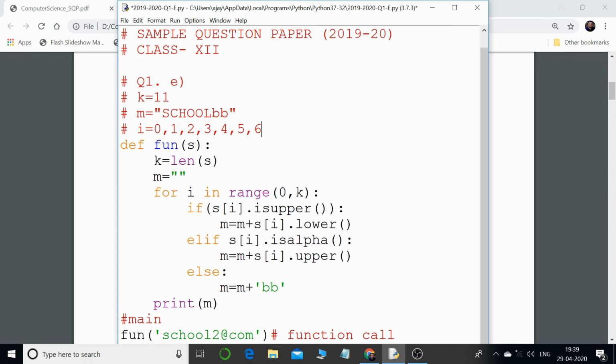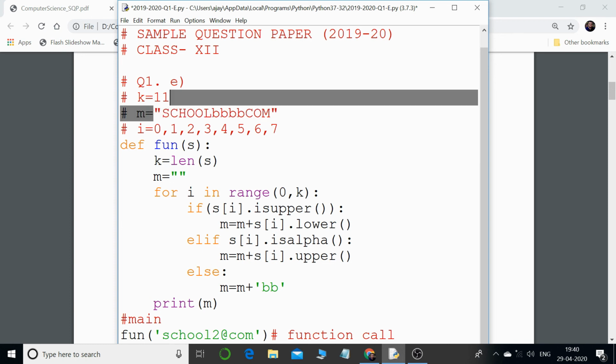And then the value of i will be 7. For 7 again it is the at the rate. So this goes false, even this goes false, and then the else part. So again I'm going to have a double b. And after that we have COM, which is all in small case letters. So for that this particular condition is going to go false, and it will get converted into capital letters. And this is the final output of m, and you can see that we are printing m outside this loop. Okay, so this is what I am predicting the output.